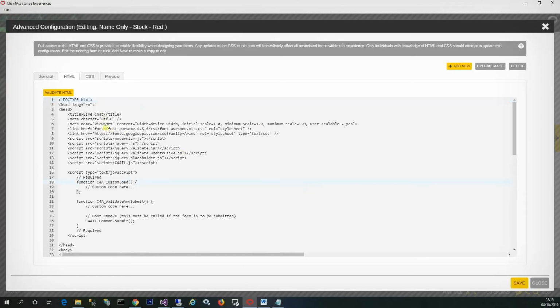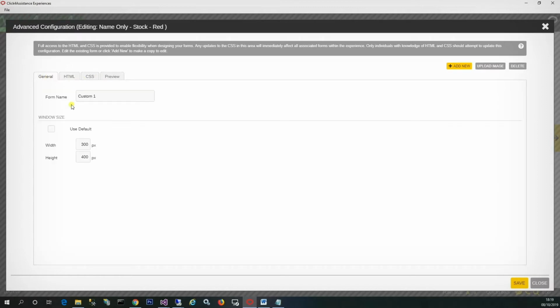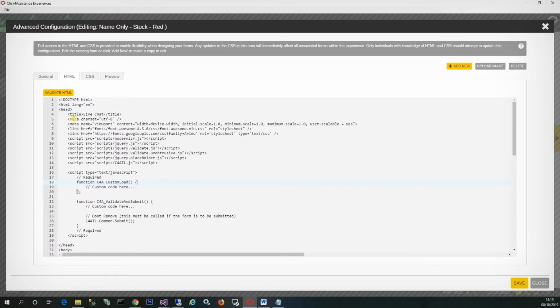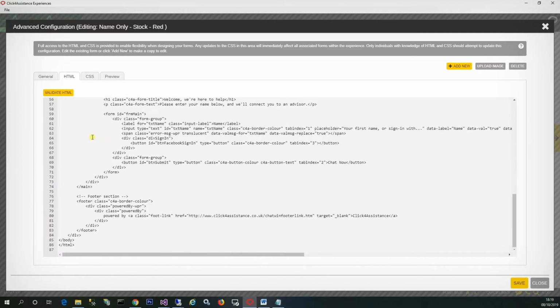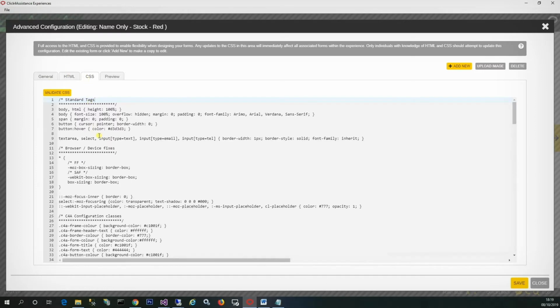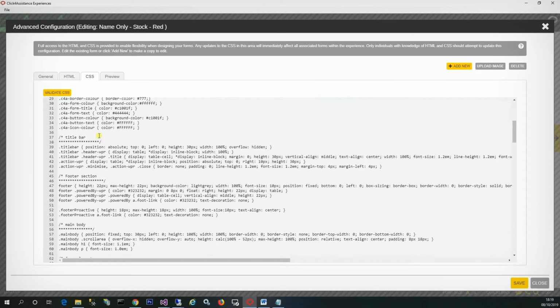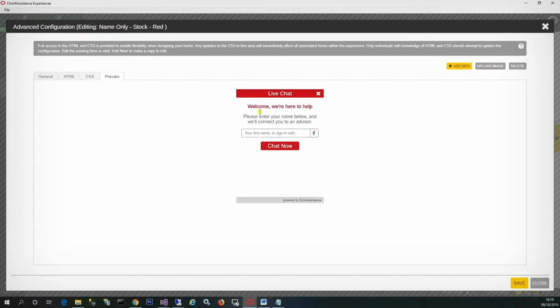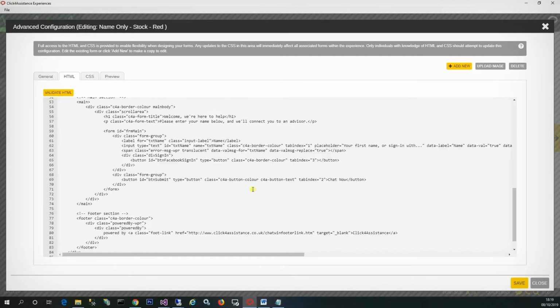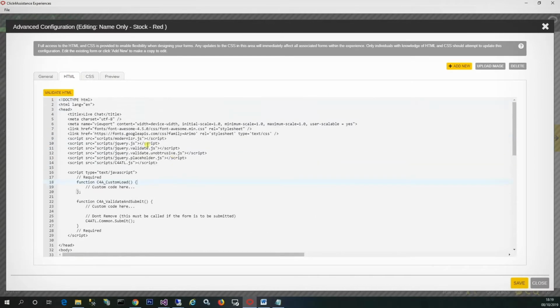Now as you can see, there's sections up here. The first one is the name of the form, the window size. The second is the actual HTML that's used to design this form. The CSS relates to the style, so we've got a CSS sheet in here that's used across all of the forms, and then we can preview what changes we make in real time. So jumping back to the HTML,